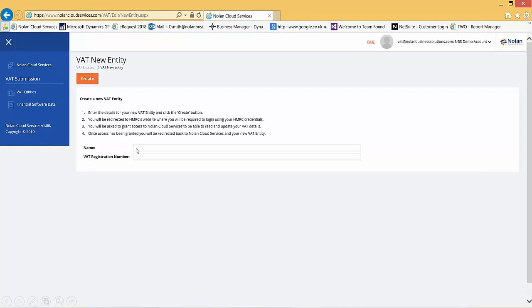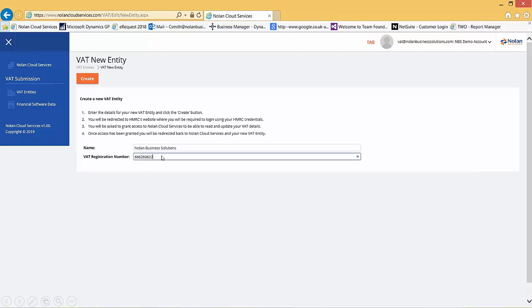If you're going to have multiple VAT entities because you've got some individual entities and you've got some groups because you've got a rather diverse portfolio, make sure your naming convention is something sensible. Obviously, it's per tax entity, so you might have one for each company name if they're all individual companies, and then you might have one for the group if you've got a group as well as the companies, etc. So make sure that name has a sensible naming convention on it, and you put your VAT registration number in